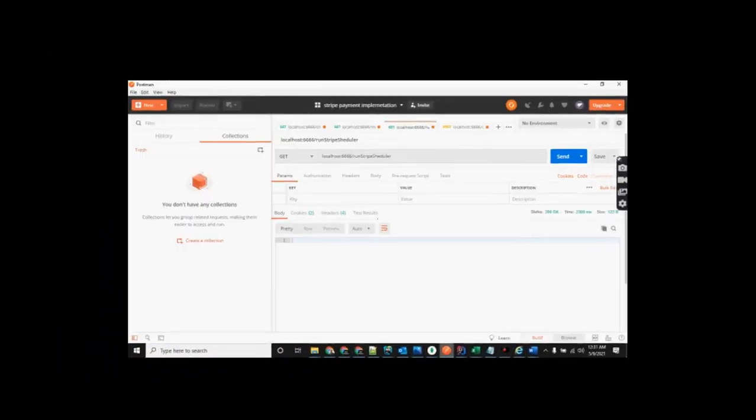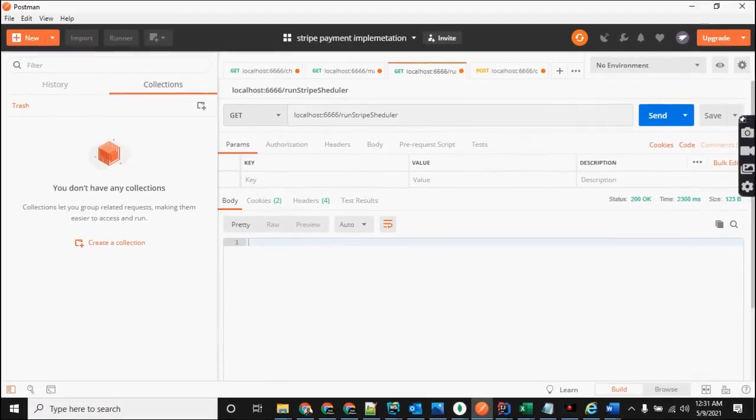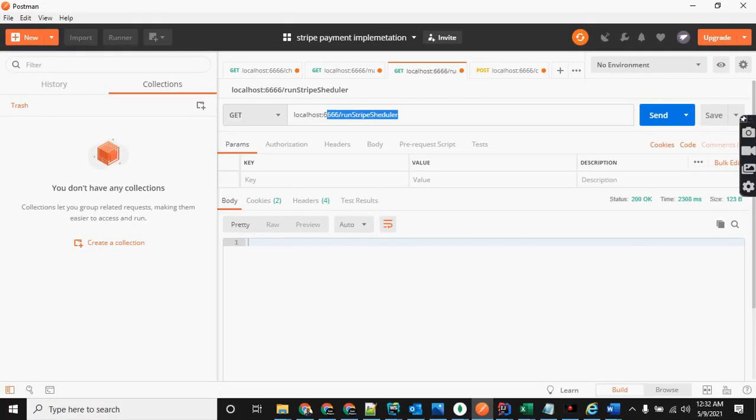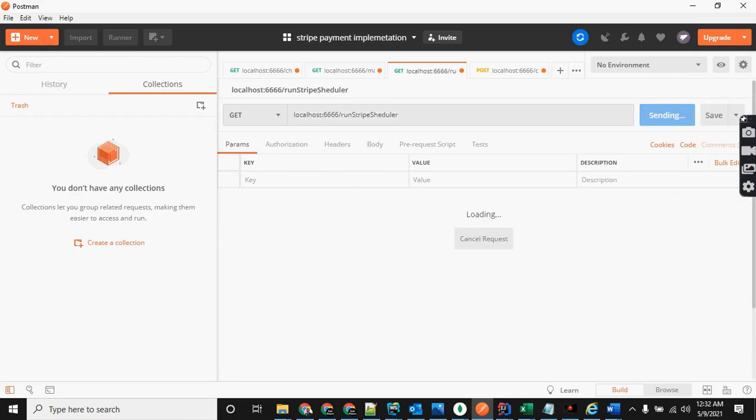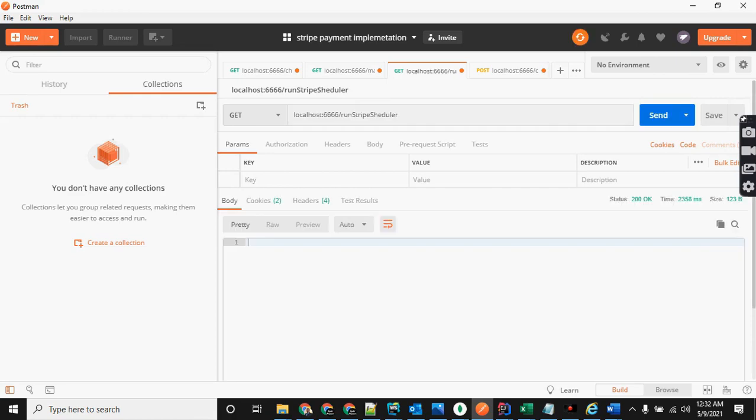For demonstration purposes, I created this API for triggering my job process, but in a real world scenario, we are not going to trigger it this way. It will trigger automatically because we are using Spring scheduling. So to show this job process feature, I manually run this scheduler.